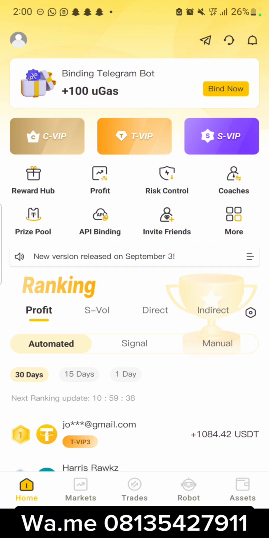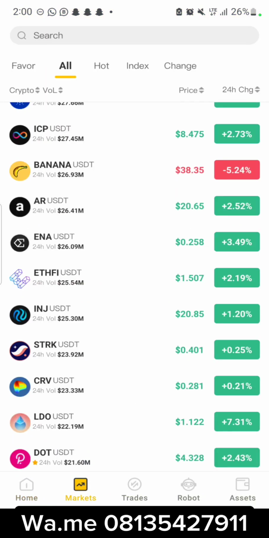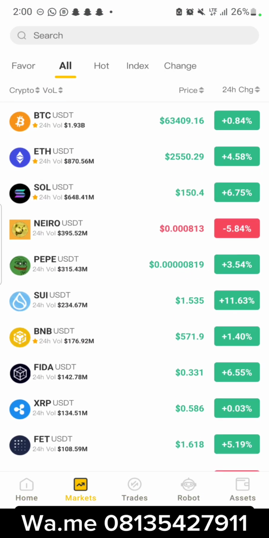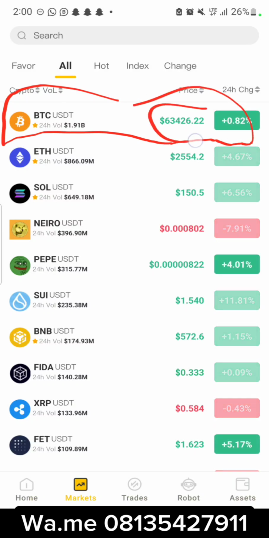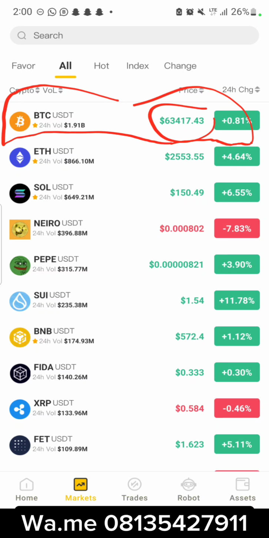All right, before we indulge in anything, I always tell you guys something. Always click on market to check what is going on in the market. Your first thing to check has to be your Bitcoin, how Bitcoin is doing. Remember, Bitcoin used to be 54. From 54 it has moved to 63, about a 10% move from where it was before to this level now.